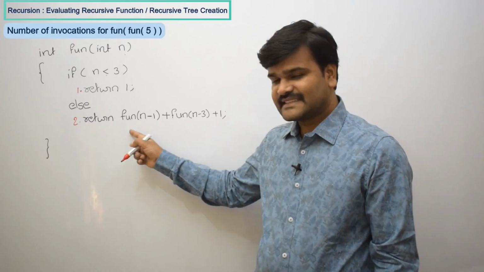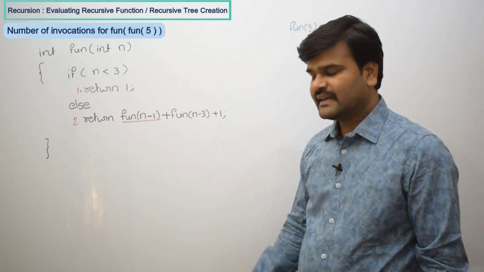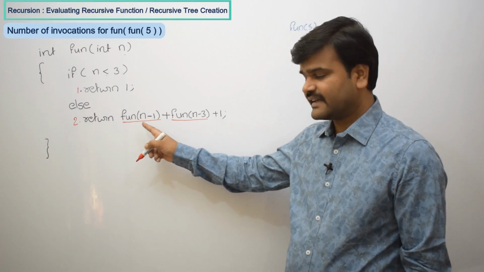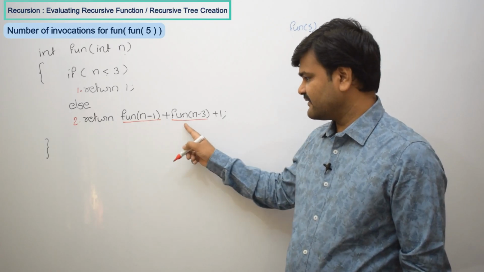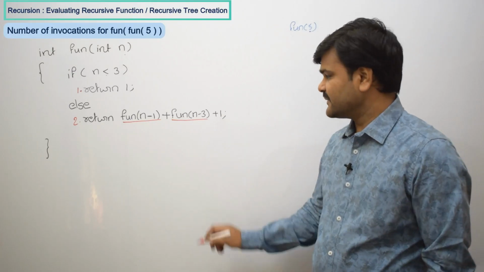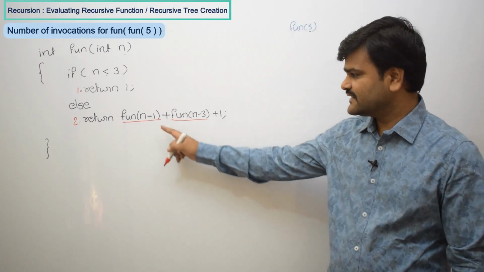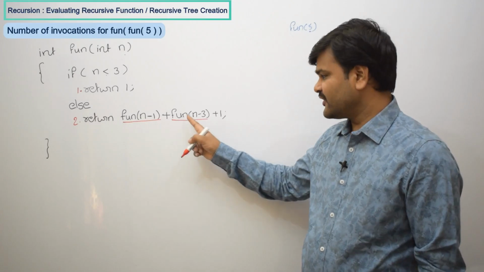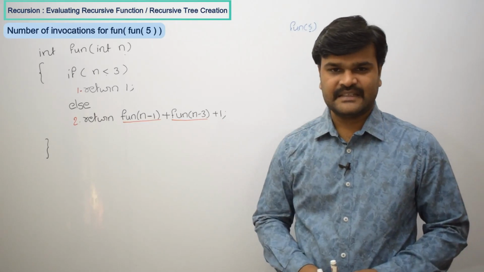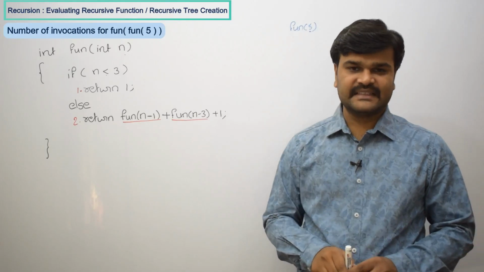Here, though it looks like a single statement, you have this recursive function call and this recursive function call. Whatever return values are there, we are going to add those return values, and then we are adding 1. So even here we have 3 branches. Individually you have to execute this separately and that separately, then with the final answers we are going to do the summation.